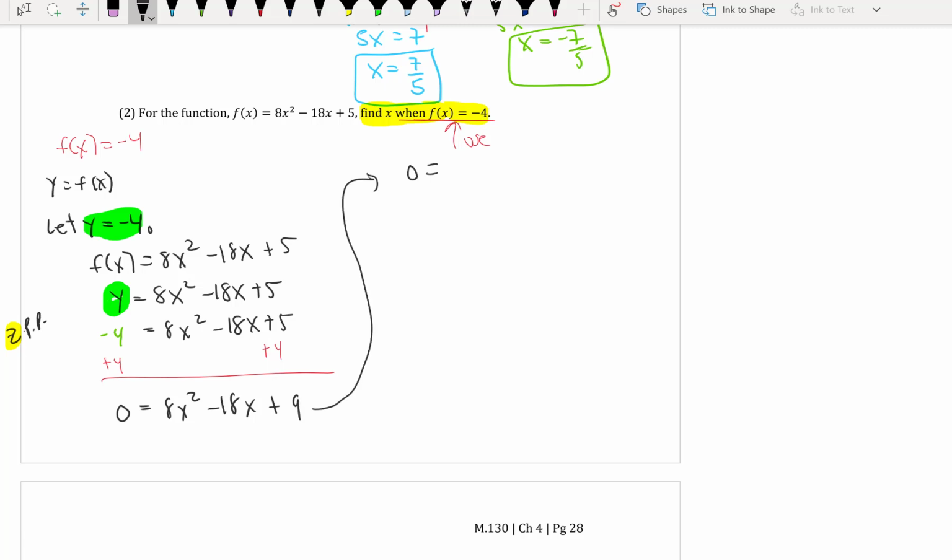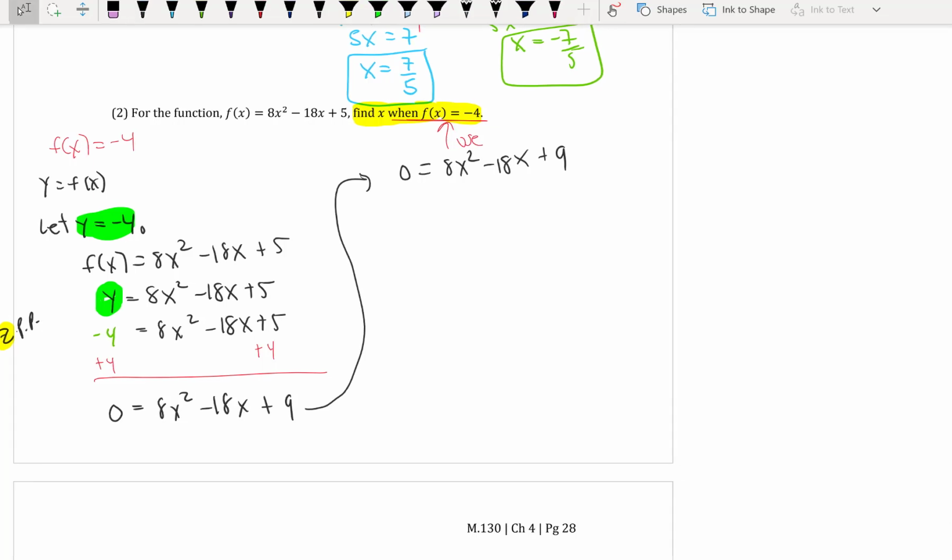So now I have 0 is equal to 8x squared minus 18x plus 9. I rewrote it so I can have some more room. So then from here, I know I want to now factor, if possible. So if I'm going to factor here, I look for, remember, the GCF is always a good starting point. So I have 8, 18, and 9. There is no greatest common factor between the coefficients,